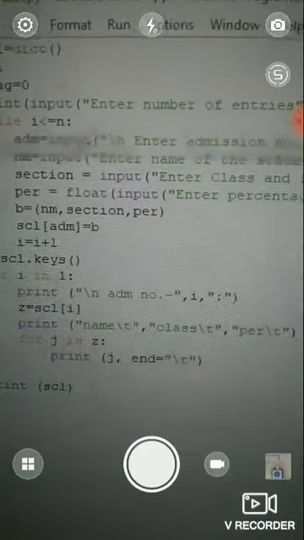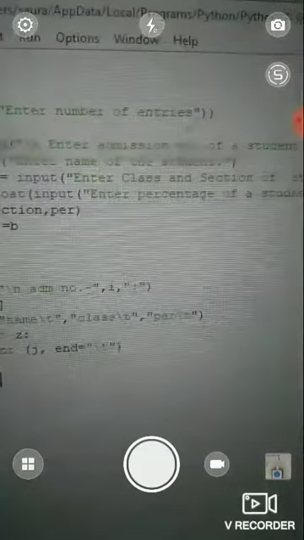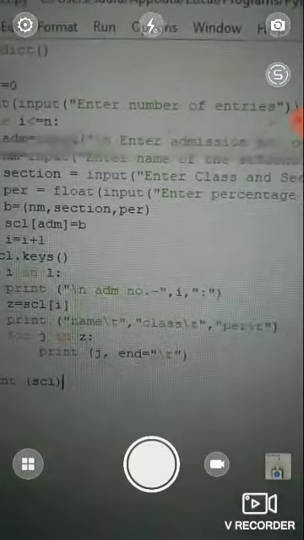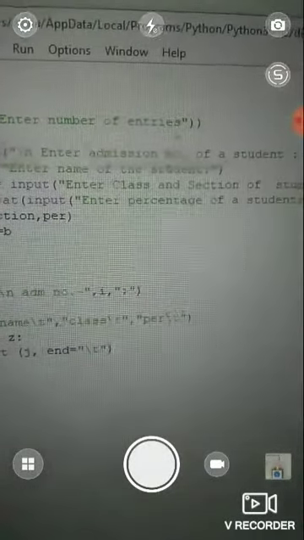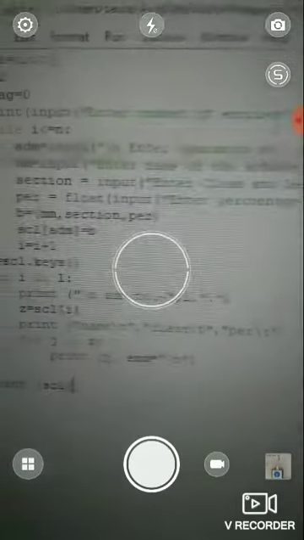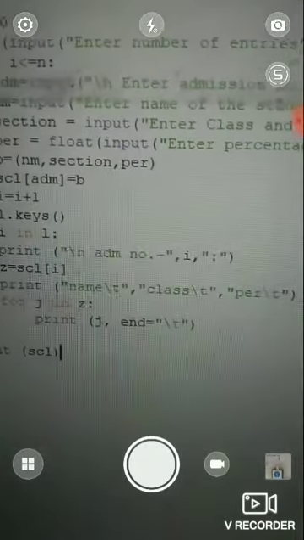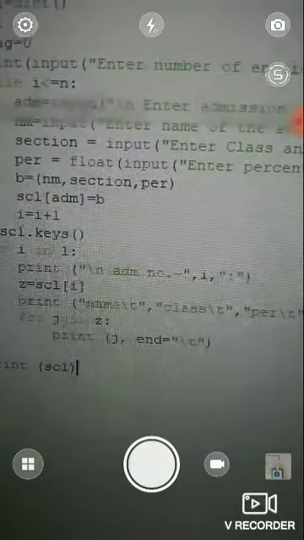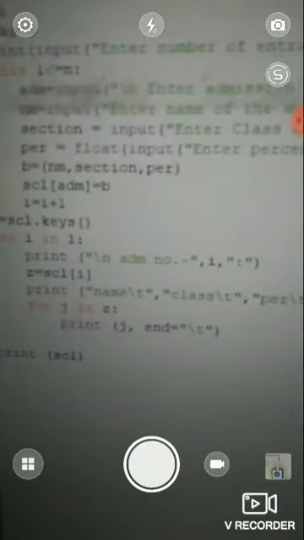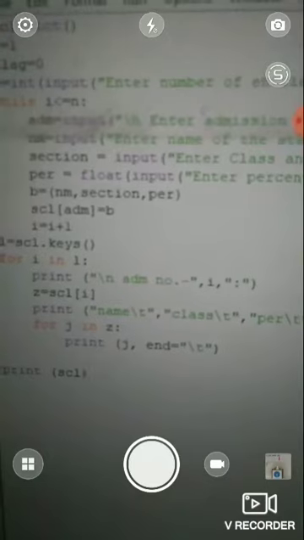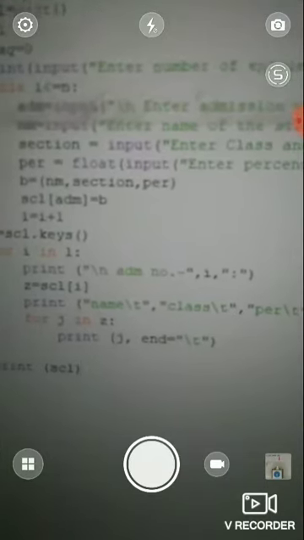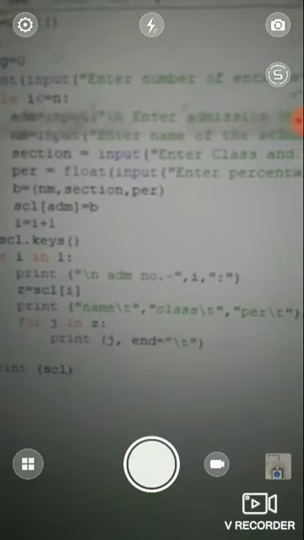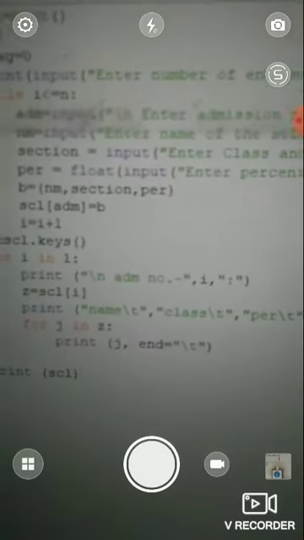Then the NM variable stores the name of the student. Then the section variable stores the section and class of the student. Then after that, the PER float type variable stores the percentage of that student. Then B equal to num, section, per. So B is a tuple which holds the values.